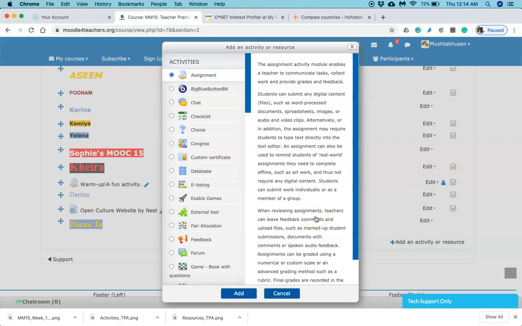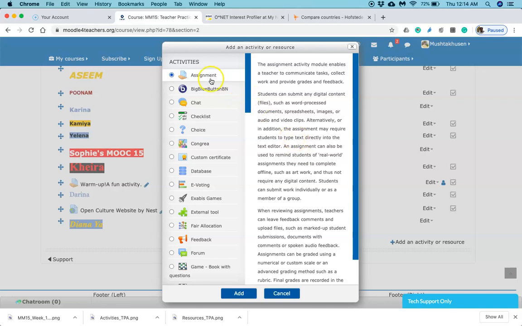And once you share any activity or a task to your students, you can accept their responses in the form of, say, PDF file, Word file, Excel file, images, audio, video, or alternatively, if you want them to directly type their responses then and there, even you can allow them. So this is what we can do. So let me just show you one example.